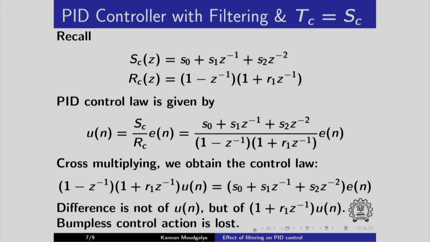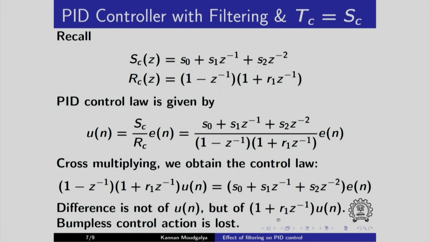So this is the trade-off for introducing the filtering action. Remember, this is the PID control law with filtering and Tc equals Sc. We got a benefit by introducing the filtering action, but we lost some other advantage, that the bumpless control action